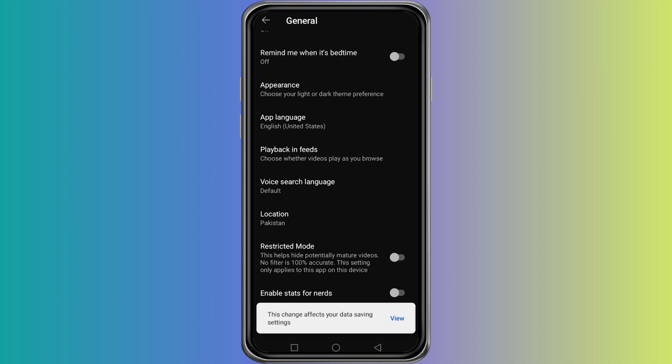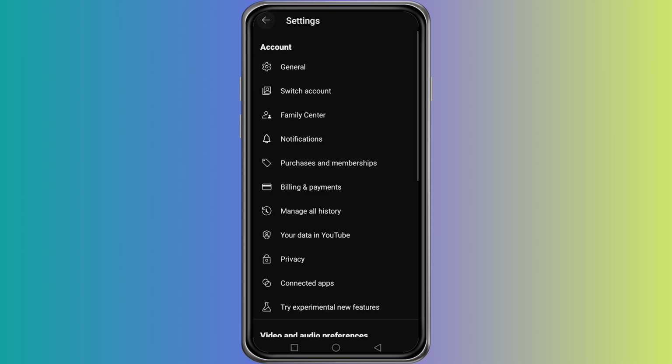Even though this does not remove the Shorts tab completely, it stops them from appearing automatically while you scroll through your homepage or subscriptions. This method works well for anyone who wants to focus on regular videos without constantly seeing